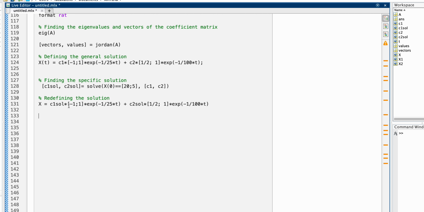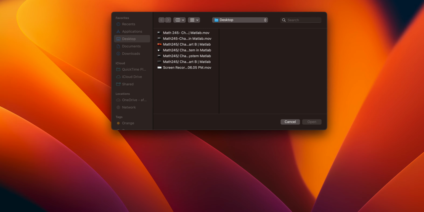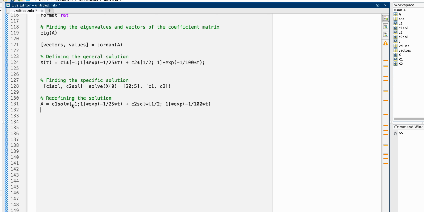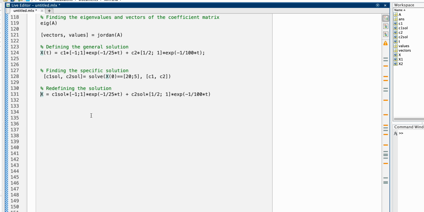Okay, well, let's see. So this is the first solution, this is the second solution, but these are not x sub 1 and x sub 2. Remember that these are vectors. So if you think about this, this is like having C1 sol, negative C1 sol here, times e to the negative 1 over 25 times t, plus the top part of this as well, with the top entry of this, which is the x1, and x2 is at the bottom. So to isolate these,